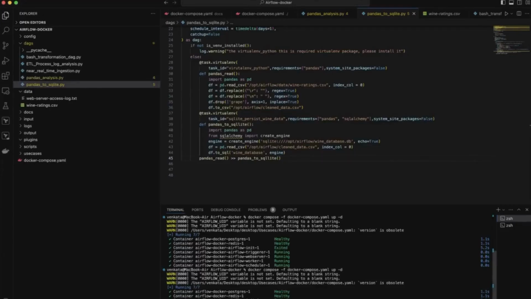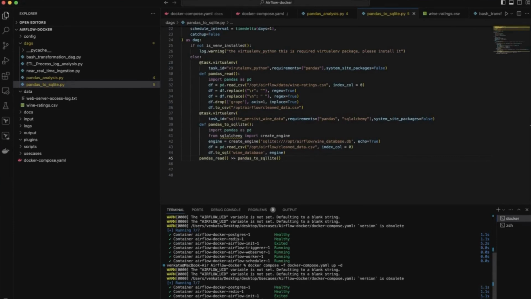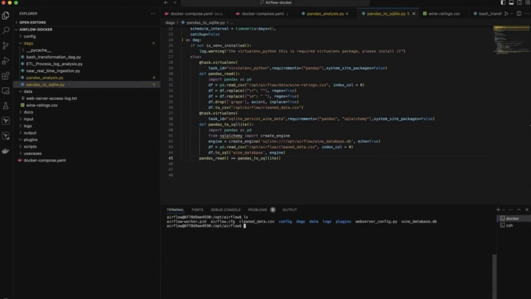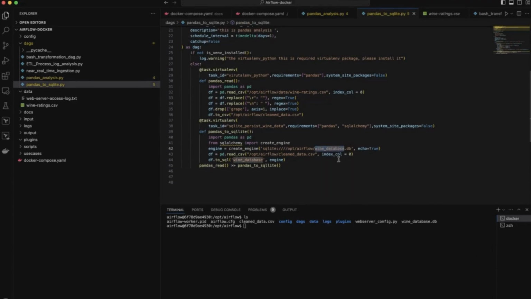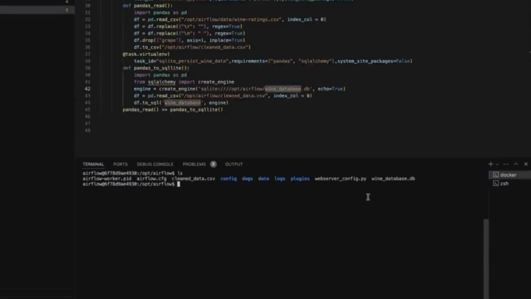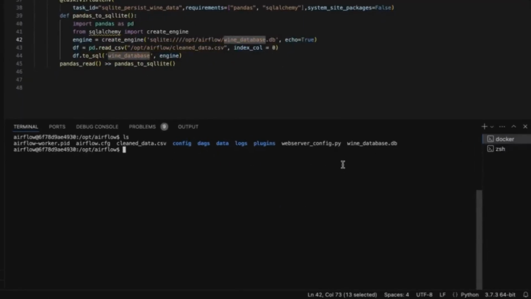Now let's check. I'm going into Docker. Check the LS. What is our SQL database name? Wine database, right? See? So we got it. So now you can go into the SQL database and check whether this wine database is created or not. Okay. So